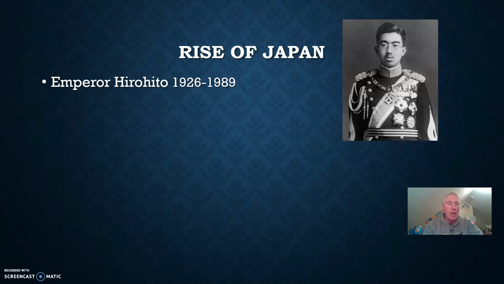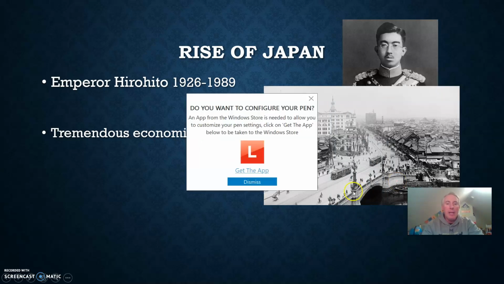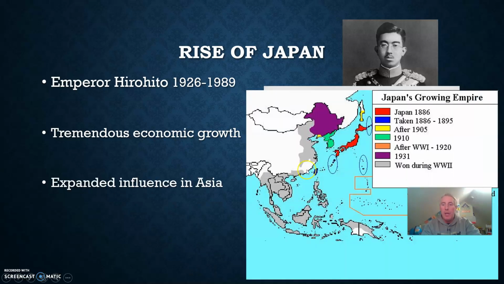That was purposely done. Now, during the early period of his reign, Japan experienced tremendous economic growth. Japan was the only major industrial power that was not really involved in World War I, so Japan was able to make a ton of money by selling to the Allies. It saw modernization with railroads and electric lines and things like that. Plus, Japan had annexed Korea as a colony, and it was expanding its influence all throughout Asia. You see the map here.